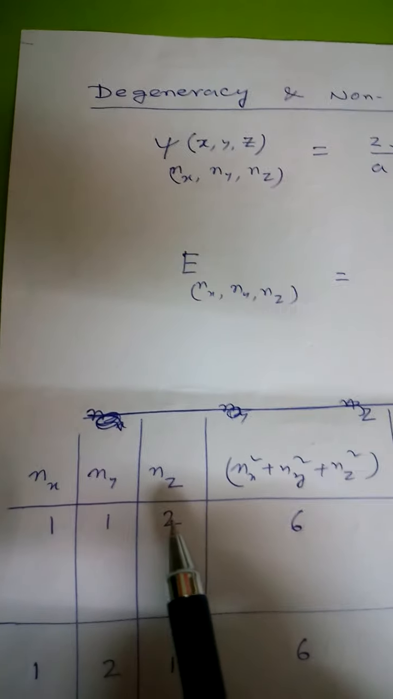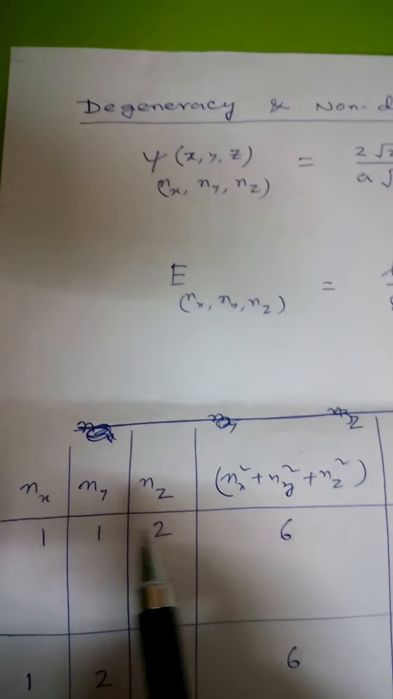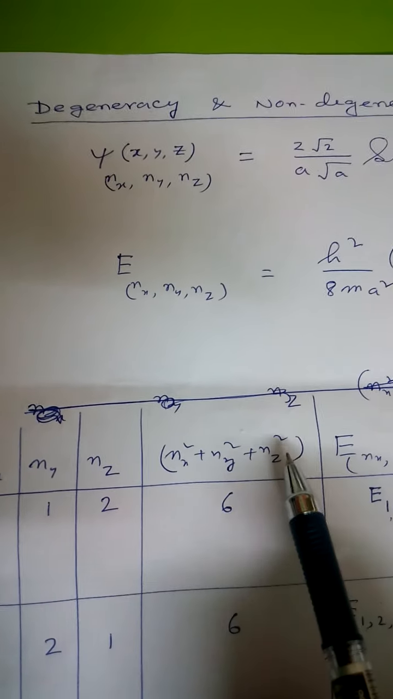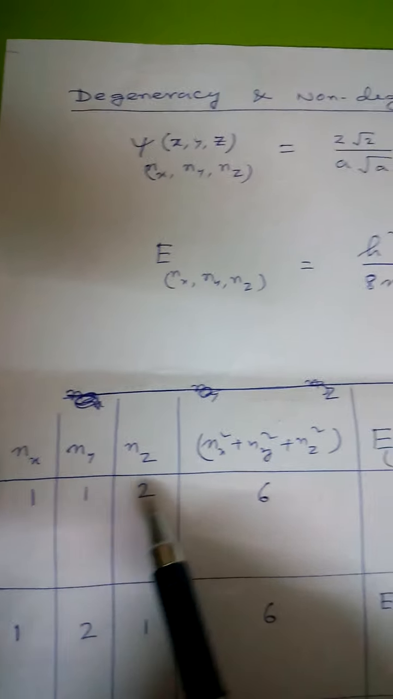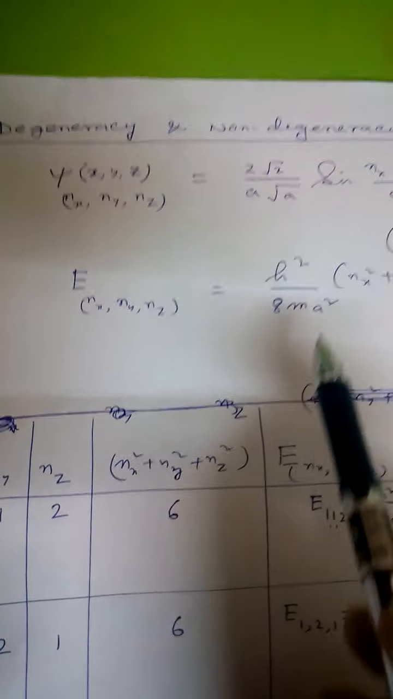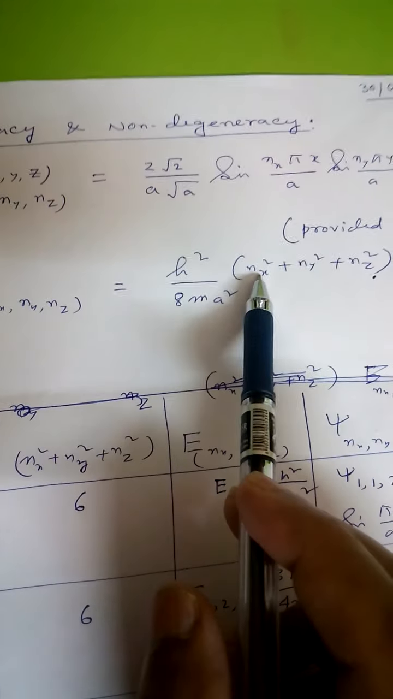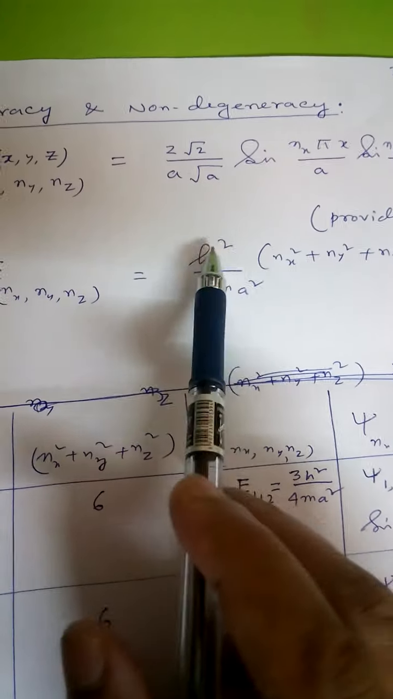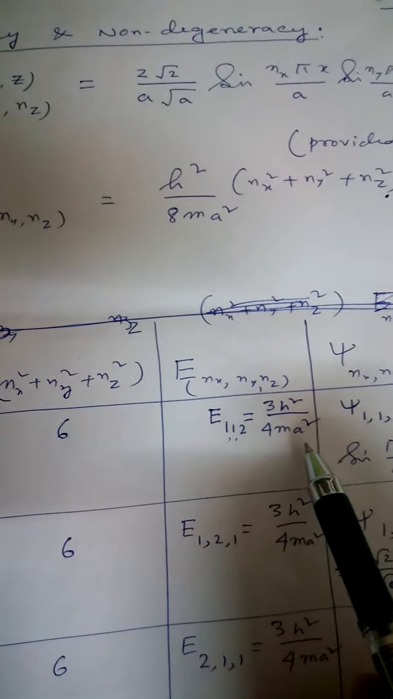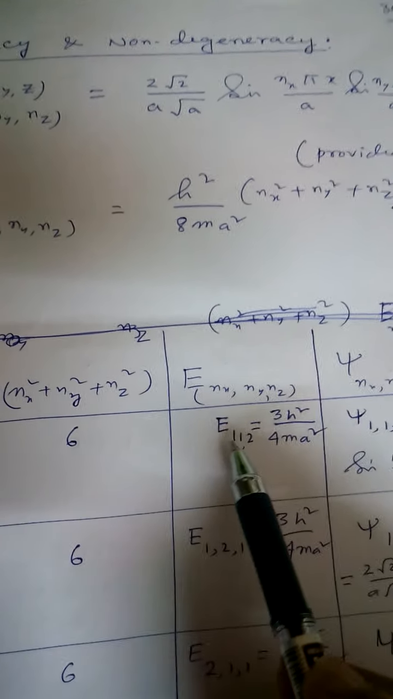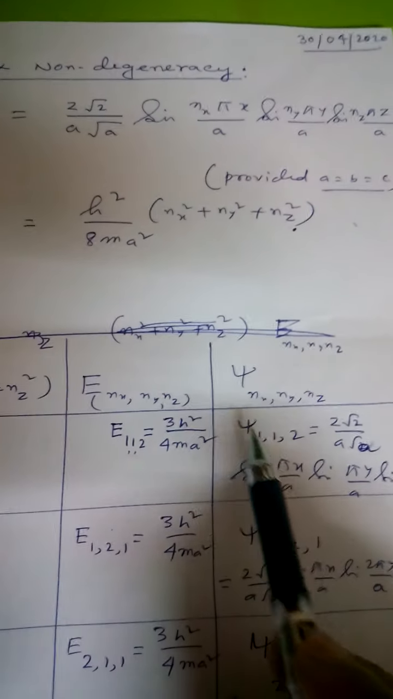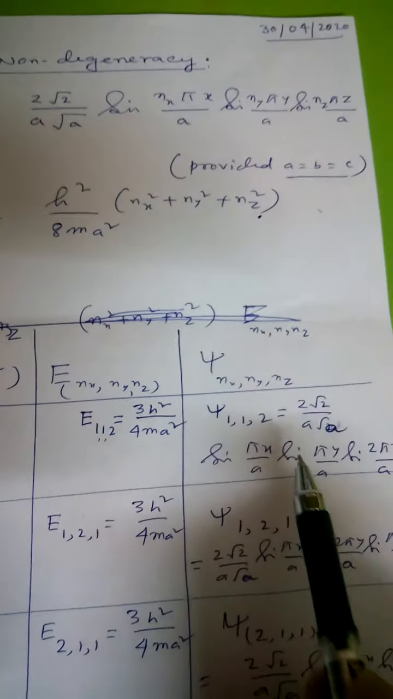First we consider 1, 1, 2. Quantum numbers 1, 1, 2. So nx square plus ny square plus nz square is 1 plus 1 plus 4, that means 6. Energy eigenvalue, putting the values of nx, ny, nz over here, 6 h square by 8m a square. So it takes the value 3h square by 4m a square. This is the value of E112 and the corresponding wave function psi 112, that is 2 root 2 by a root a